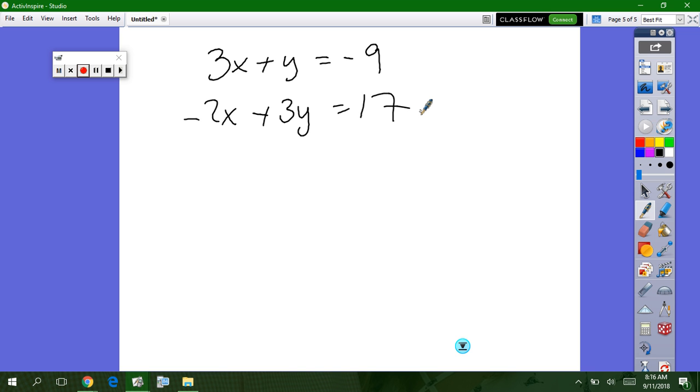All right. From what I just said, what method would you guys choose? I personally would do elimination, because they're both already in standard form. Is it kind of an easy way to do substitution if I need to? What's probably the variable I would use if I was going to do substitution? I would solve for that y right there, right? And then I can substitute in this equation. But if it's in this form, me personally, I'm going to go for